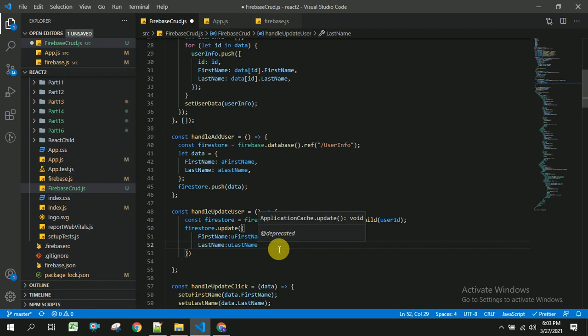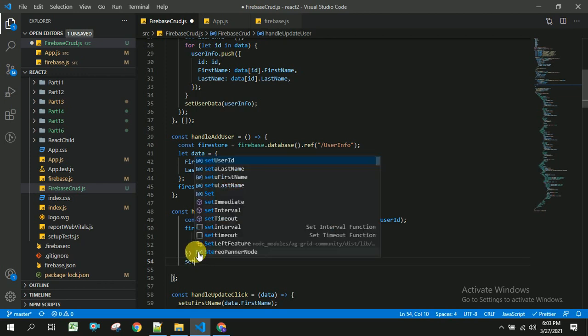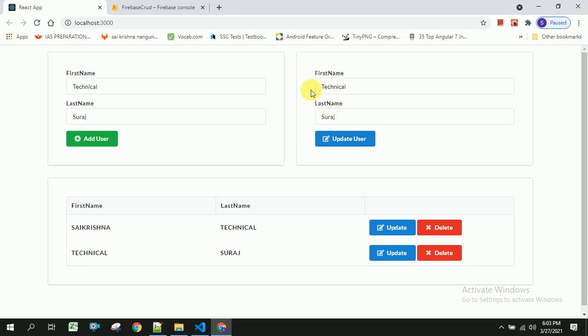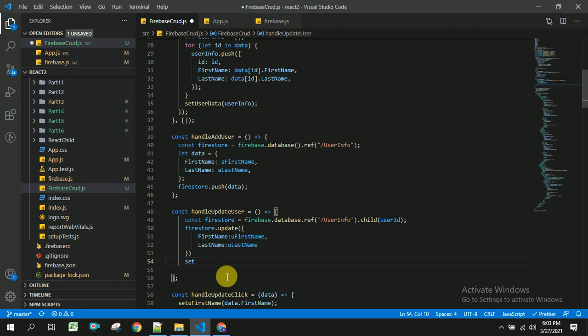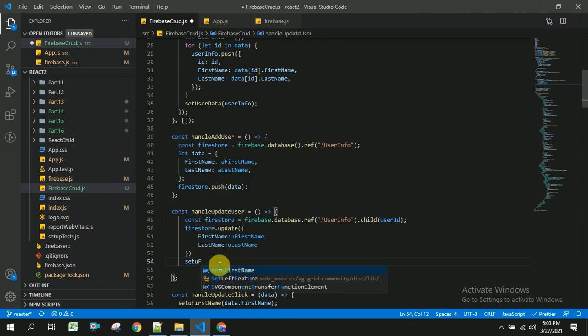So once user clicks on this update here, I am going to refresh the form. So there are many ways to refresh. I am going to directly empty the value.